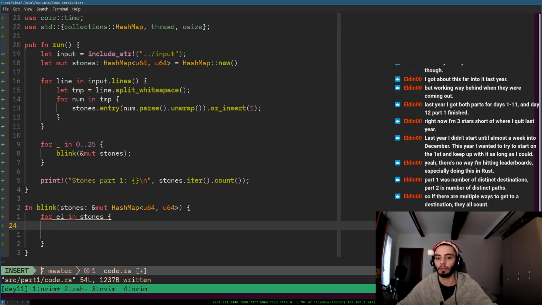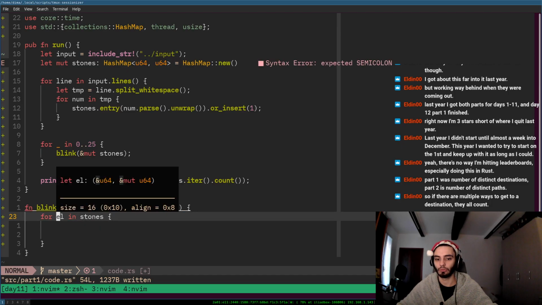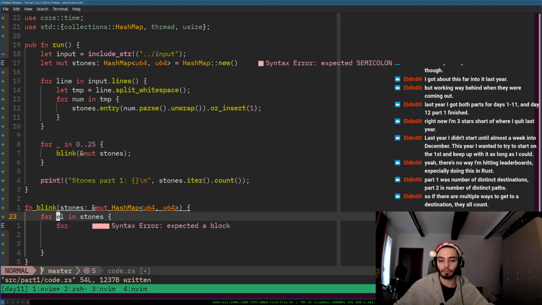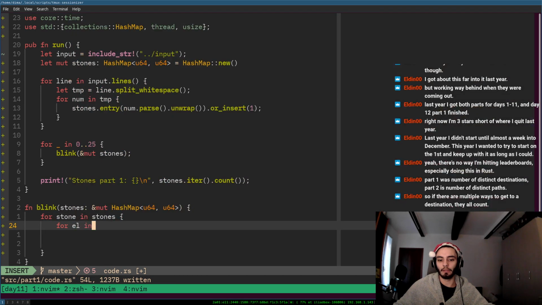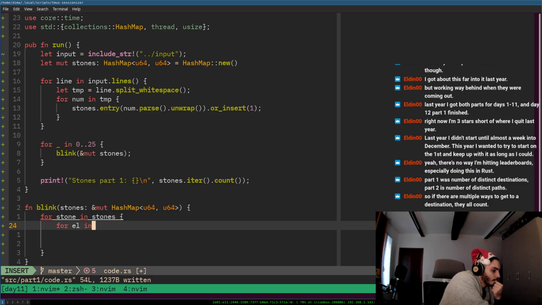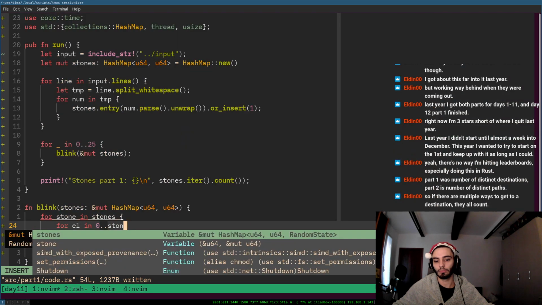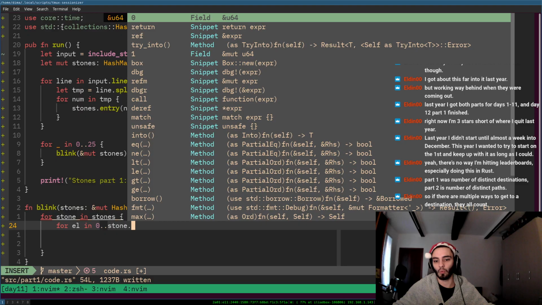We will do something. So if L equals 0, rather if L dot 0, actually loop for every time. So for stone, for L in from 0 to stone dot 1,